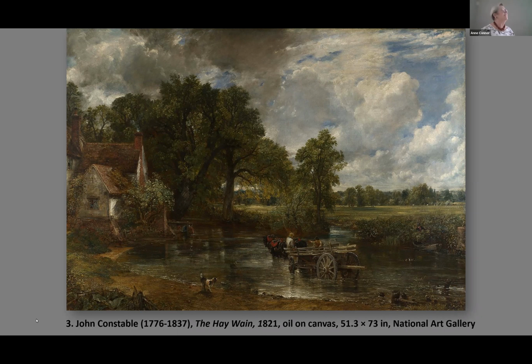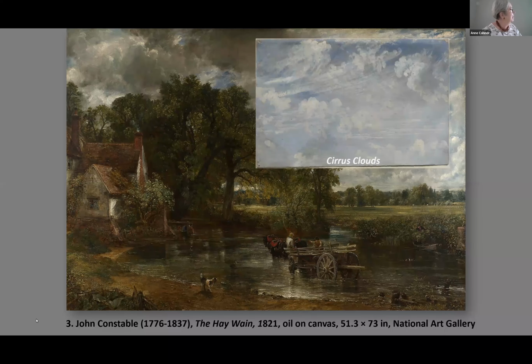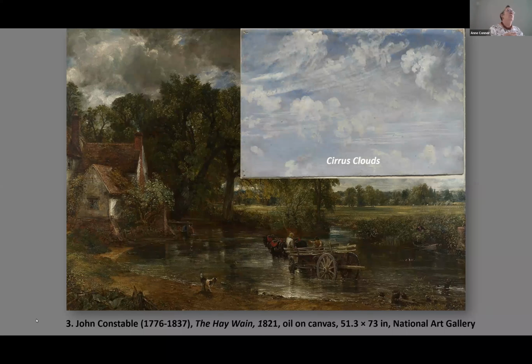They're not just accidental clouds. They are what was there and reflected the weather of the time. Here is, for example, one of his sketches